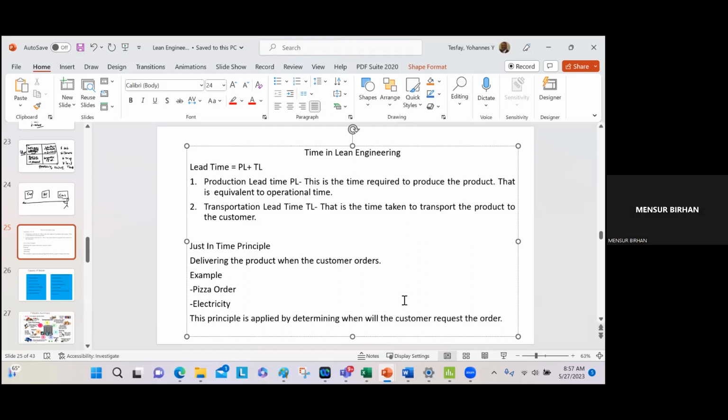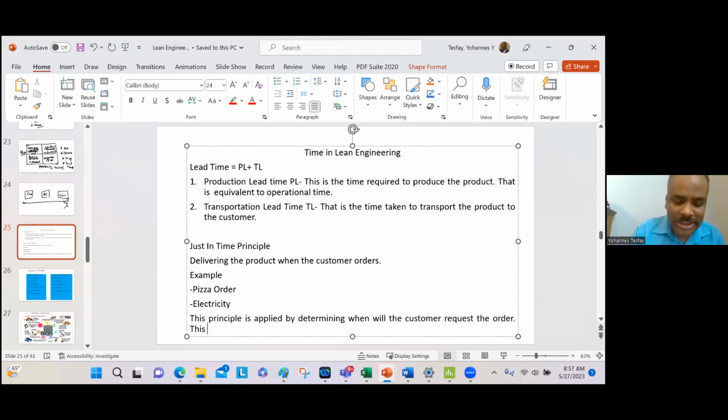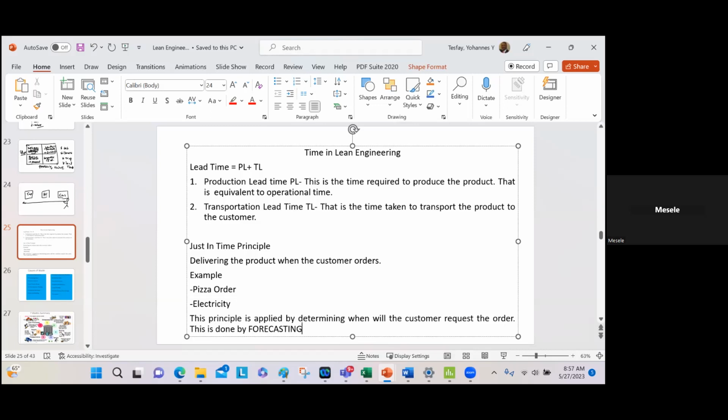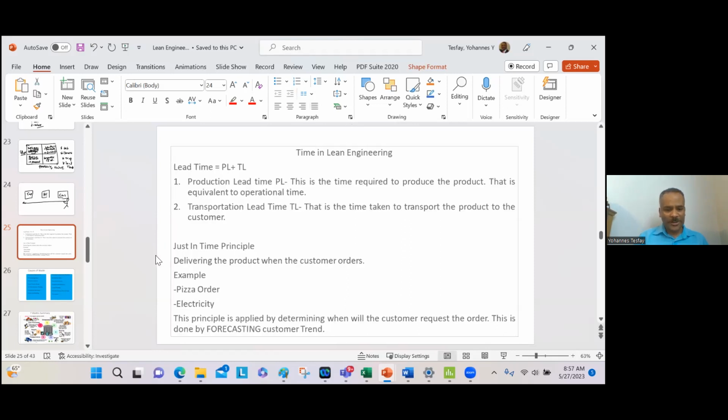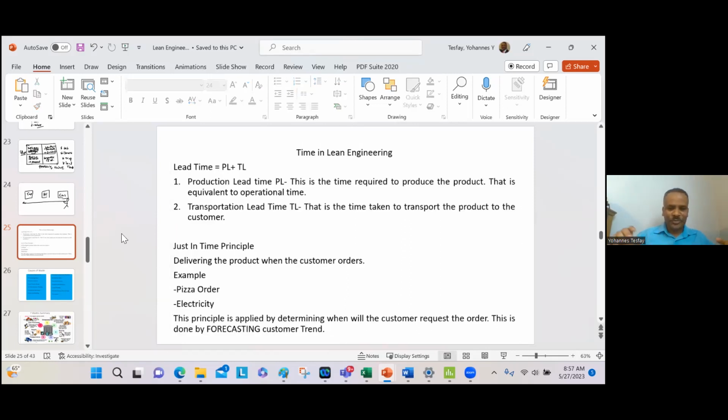Forecast, you can estimate from trend. Past trend or past history. This is done by forecasting customer trend. Okay? Just like that. አሁን ለምሳሌ አውሮፓ ያላችሁ ልጆች በዚህ ሰዓት ምን ሆኗል አሁን ሾፖች ውስጥ የነበሩ እነዚህ የክረምት ልብሶች